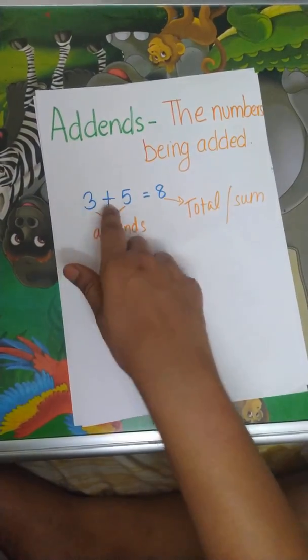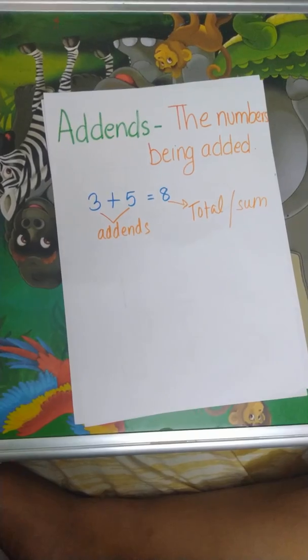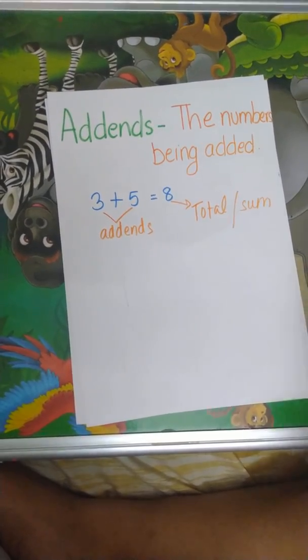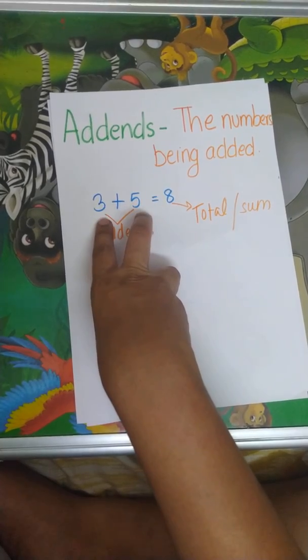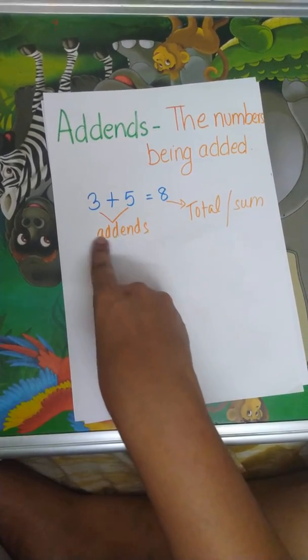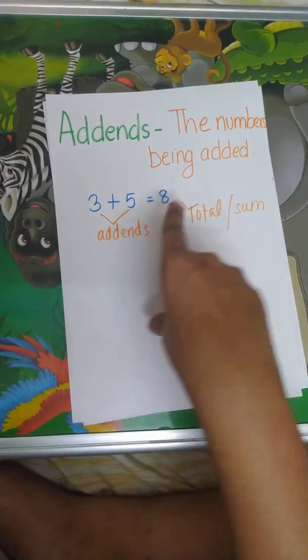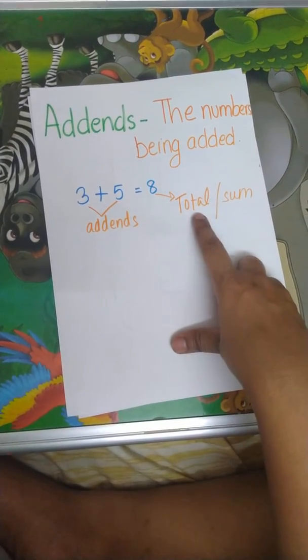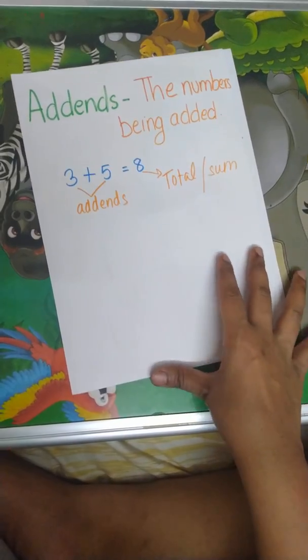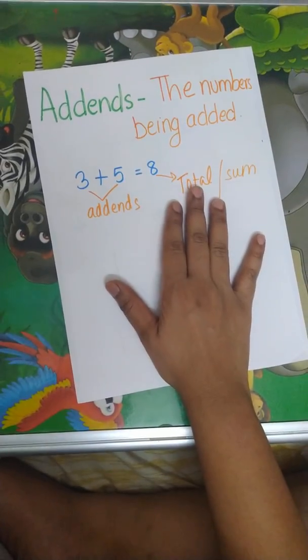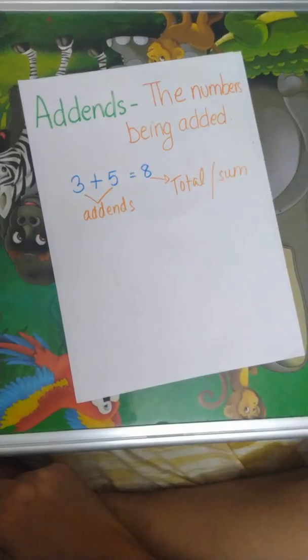These are one digit numbers. You can have 2-digit numbers, 3-digit numbers, any digit number, but when there's a plus sign in between those numbers, it means those numbers are addends, and the answer we get is called the total or sum. Okay, so moving ahead, today's main topic is the order of addends.